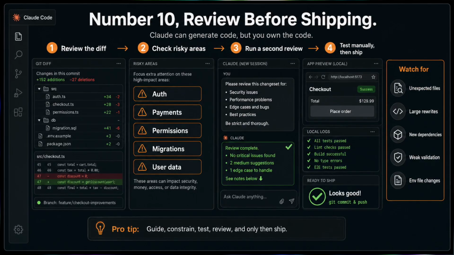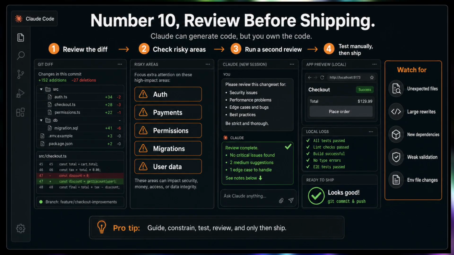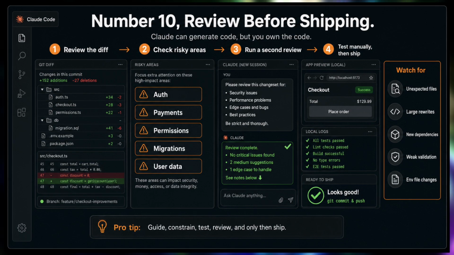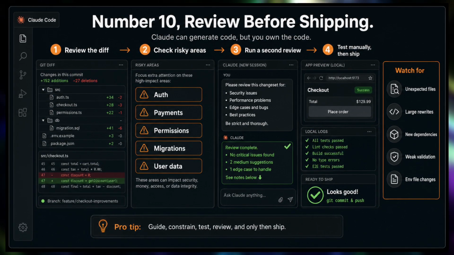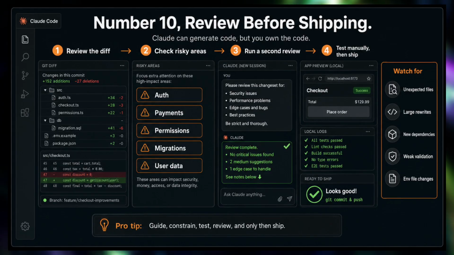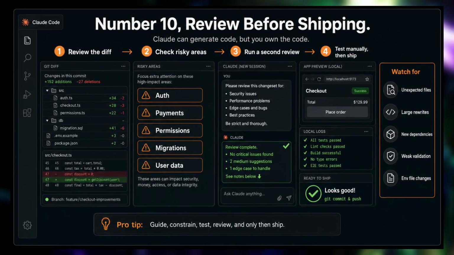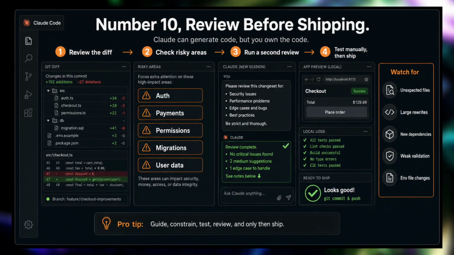Number 10. Review before shipping. The most important rule is simple. Claude can generate code, but you own the code. Never push changes just because the assistant says they work. Review the diff yourself. Look for unexpected files, large rewrites, changed environment files, new dependencies, weak error handling, missing validation,